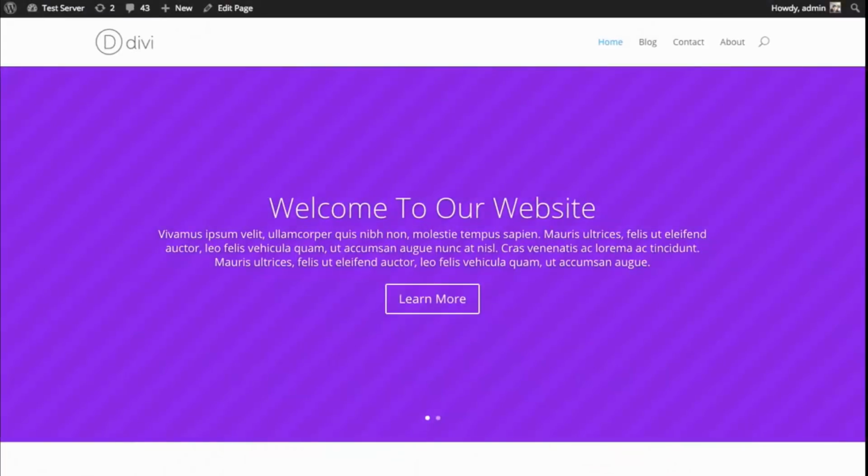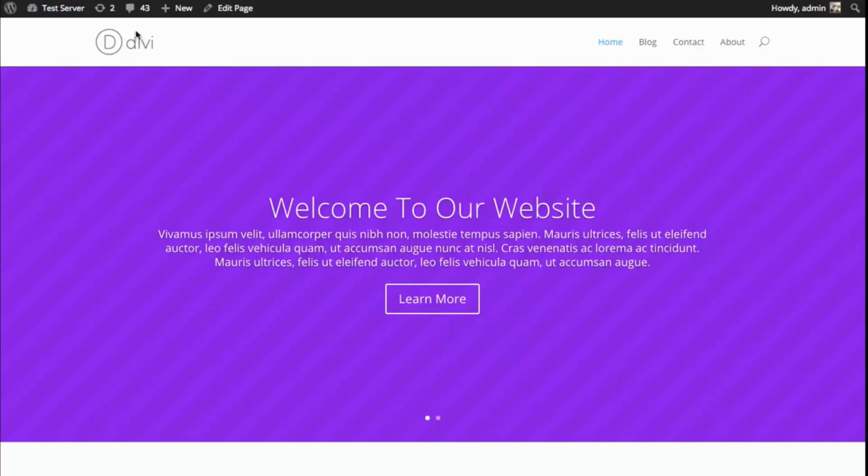In this tutorial, I'll be showing you how to use the importing and exporting feature of Bloom, which allows you to export opt-ins from one website and then import them into another website. So if you've spent a lot of time creating this great opt-in system on one website, designing each of the opt-ins to look perfect just the way you like them, and you don't want to waste the time doing that all over again on your new website, you can simply export them from the old site,